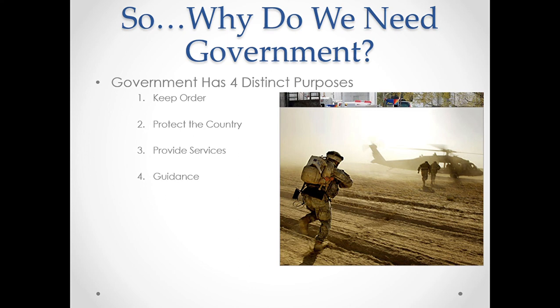The third thing they do is provide services, and services are really things like the Social Security checks your grandparents might have coming in the mail. Social Security is something that adults pay into while they're working, and at the end, when they retire, when they hit 65 or in some cases 62, they'll start to collect a little bit of money so they don't have to work, so they've got enough to pay their bills month to month. That's a type of government service. So we're giving the government something, and it's giving us something in return so that we don't have to do it for ourselves down the road.